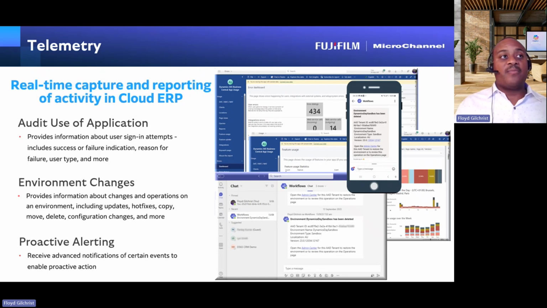So in this case with telemetry, there's a lot of touch points, and there's always new touch points being added in the Microsoft space in terms of what you can do and manage within that environment. So what I will showcase as well in this example here is just a little bit with the telemetry. So let's see here.